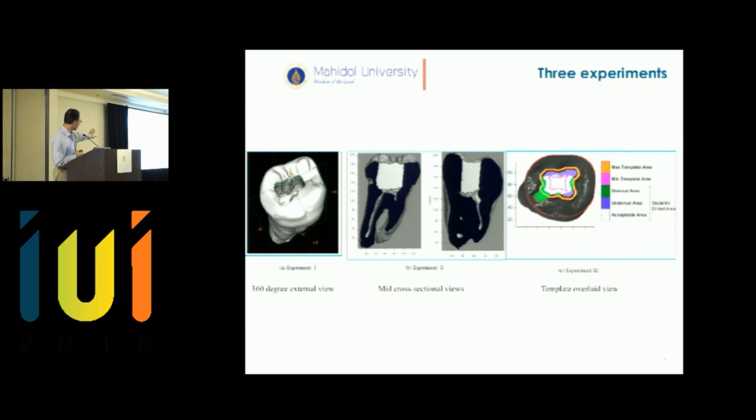So one, we showed the raters what they would normally see, so just a 3D rendering of the tooth. The second, we provided some cross-sectional information, so a little bit more information than they would normally have. And the third one, we actually gave them the information from our automated scoring, with a color coding showing where the errors are, what kind, if it's over-drilling, under-drilling, and severities, okay?